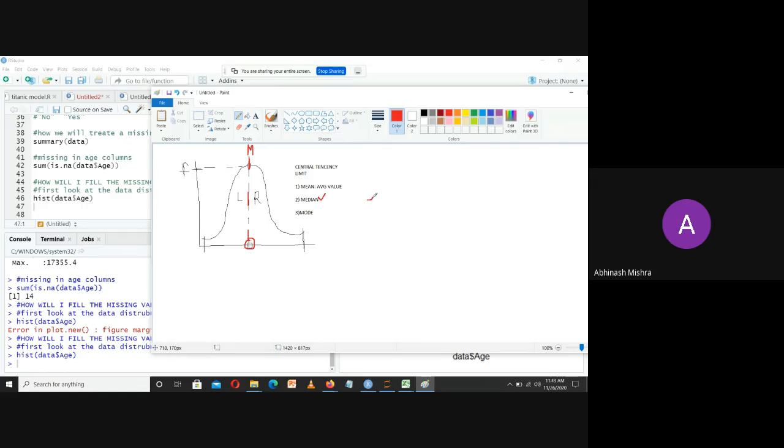Median is a value which divides my data into two equal parts. Meaning a value which separates my data into two equal halves, this part and this part. And in this particular UDF shape, this particular point is my median value only. So my mean and median values are the same if I'm talking about UDF, meaning a uniformly distributed curve, or my distribution is something like this.